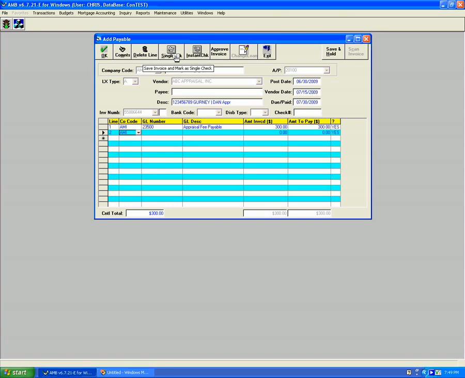We can hit the single check, which means that when we go to write checks, this invoice will show up on its own check, not combined with other invoices from the same vendor. Or you can go to InstaCheck, which would take you right into the print check screen, skipping the select invoice for payment screen. I'm just going to hit OK. And that's how you post in a payable to a